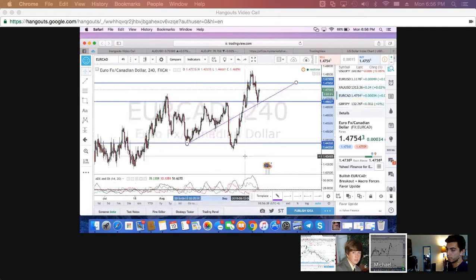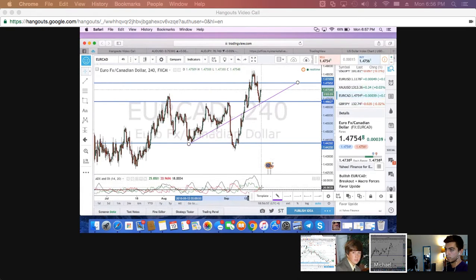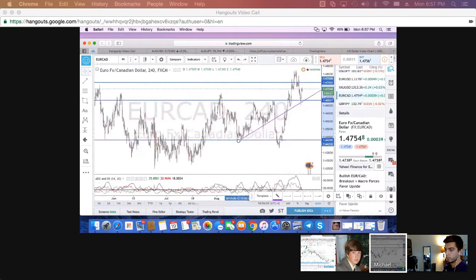But my biggest thing is waiting for it to break these zones and come back, retest, see on the ADX that the buying pressure is going to be higher. And so like right here, you can see that the green was higher and that the momentum right here was pretty high, and that's why it spiked up. But do you guys know how to read ADX or no?